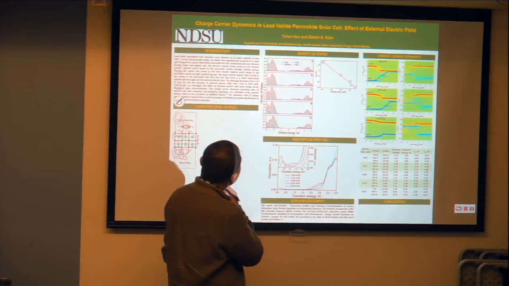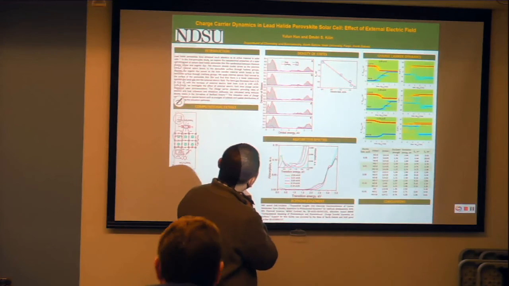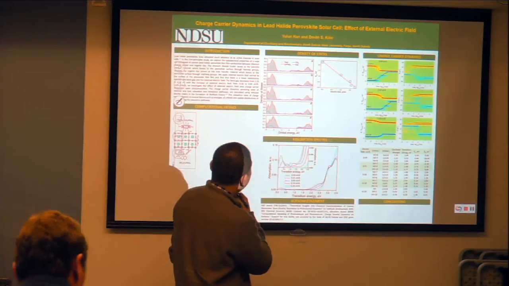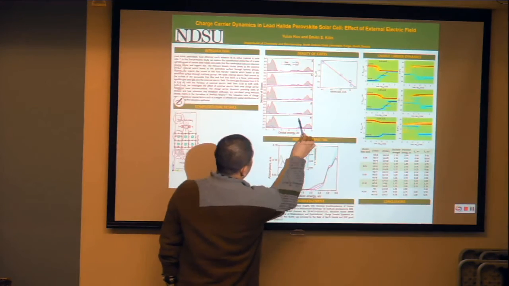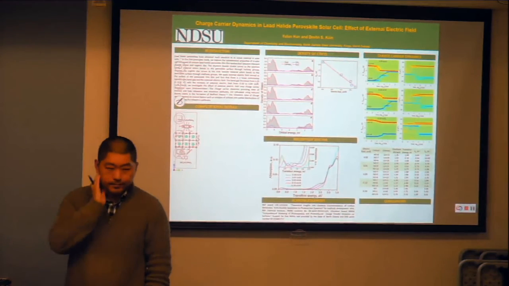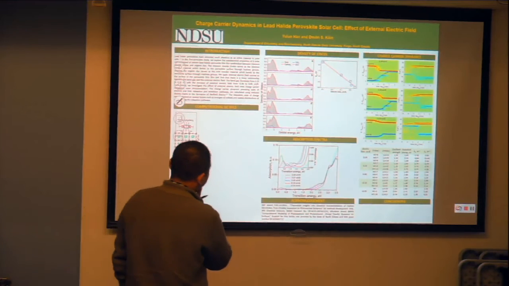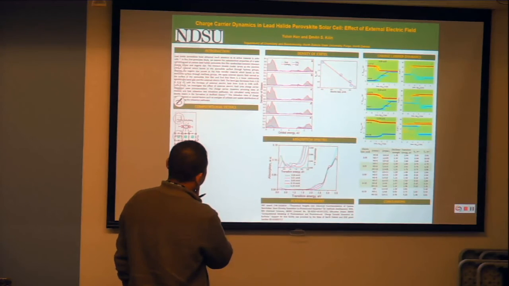But is it correct that the conduction band moves to the negative as we move from E to A? Right. Okay. Yes. And the valence band probably goes in the opposite direction. Right. Okay.